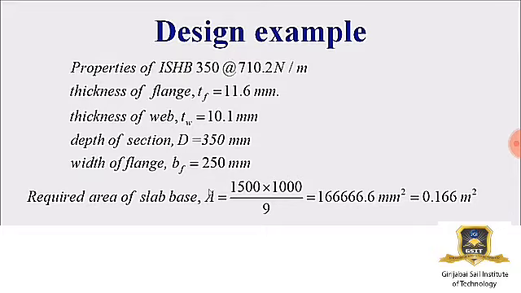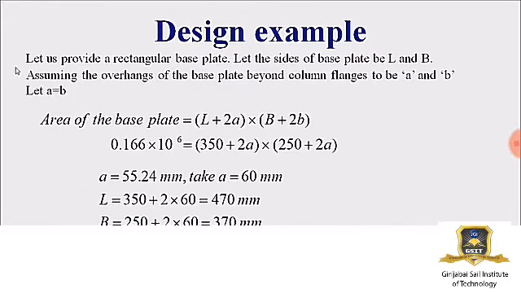So first of all, we'll calculate the area of the slab base. A is equal to load in Newton divided by bearing pressure in Newton per mm square, that is equal to 0.16 mm square. Let us provide the rectangular base plate of size L by B and assume the overall